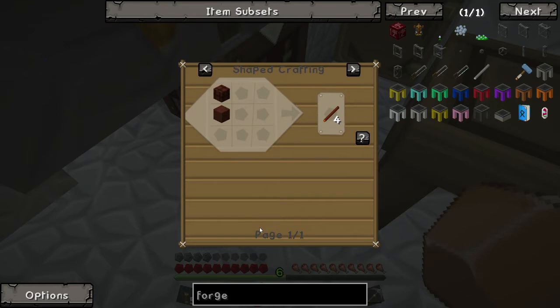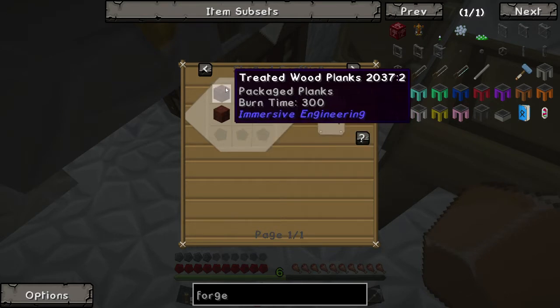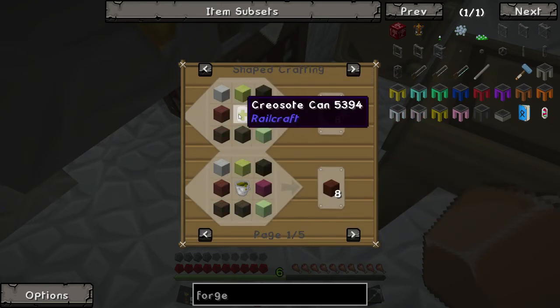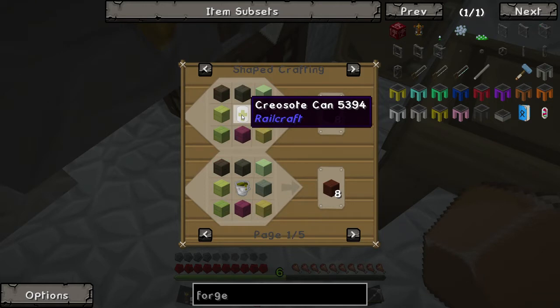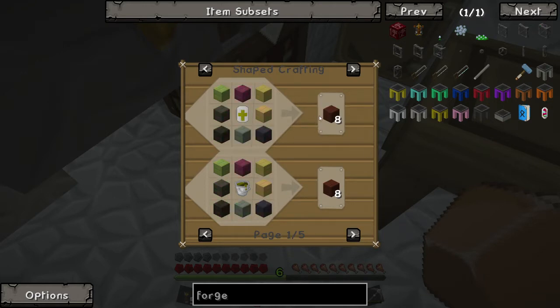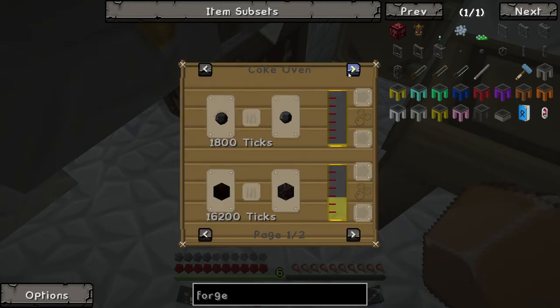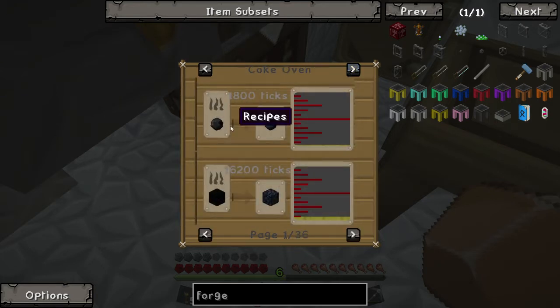Oh, someone's being really picky now. Wow. Okay. Which means I need creosote. Holy hell. I don't even know how to get creosote. Hold on. Am I going to need a coke oven